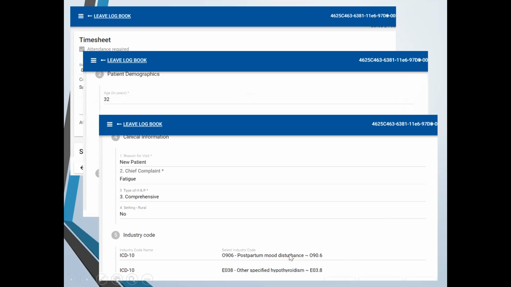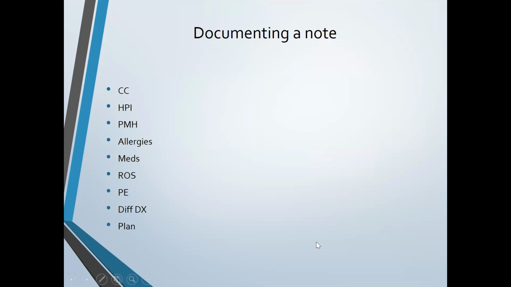And again, when you are in these areas, there's drop downs. You just click on the drop down and just follow the system. And that's all you have to do really in InPlace for documentation. It's very simple and very straightforward. When it comes to documenting your note, that's a little bit more complicated. And with your note, we have a template, and I'm going to take you into the course after we go